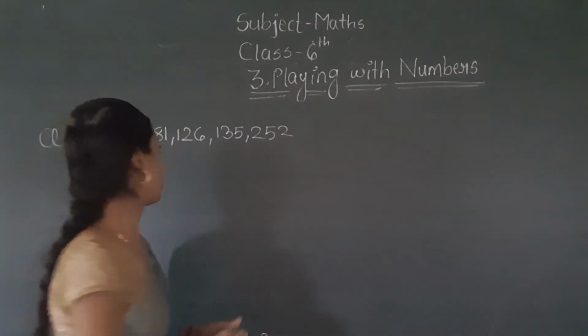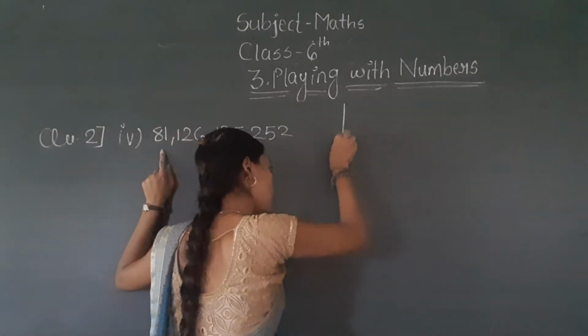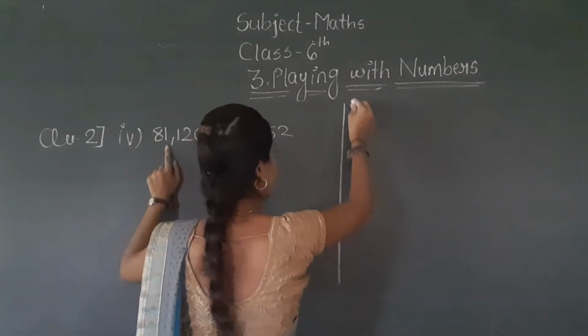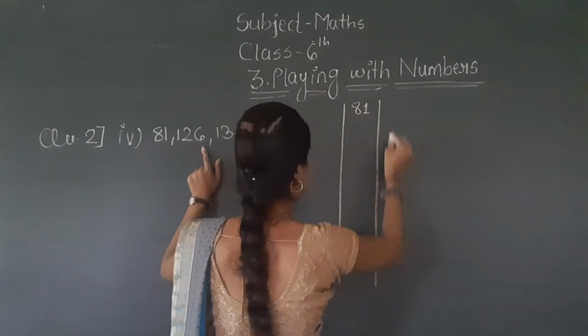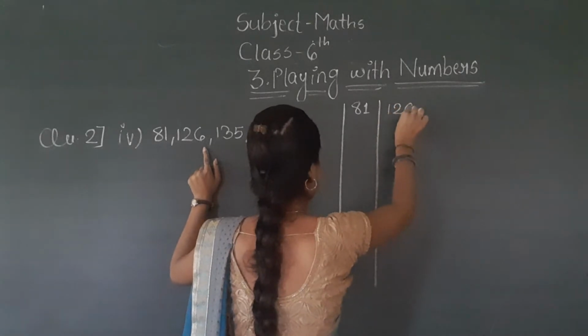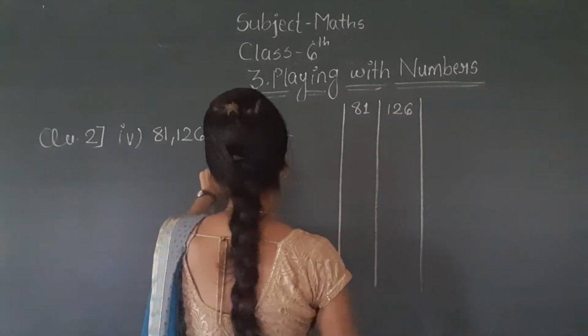Okay. Now I am drawing the lines from here. 81, then 126, then 135